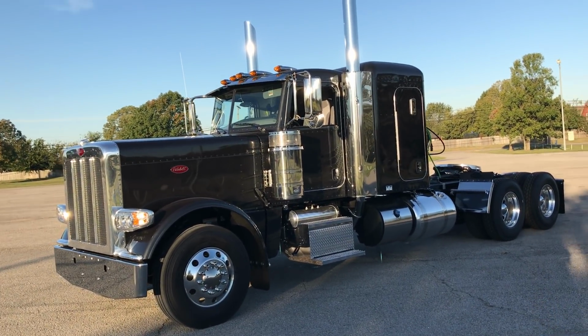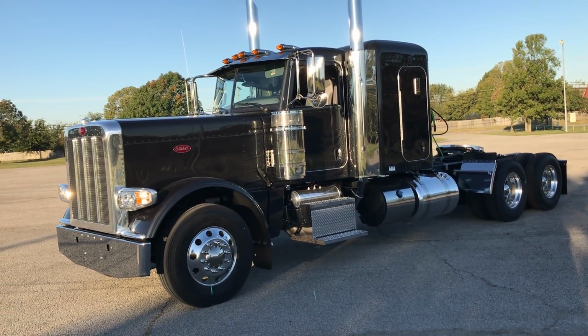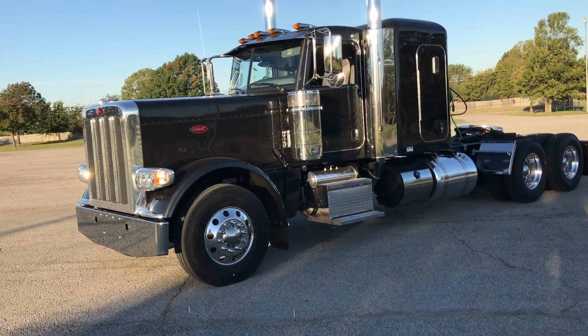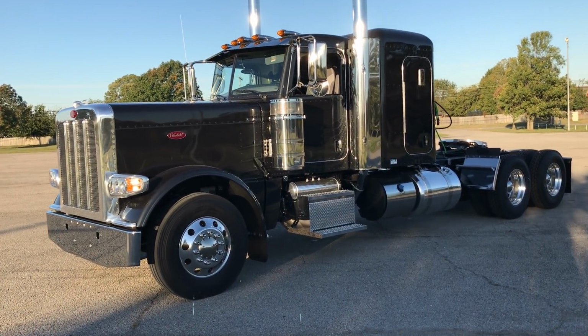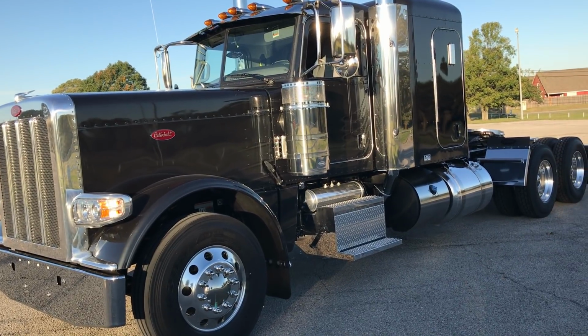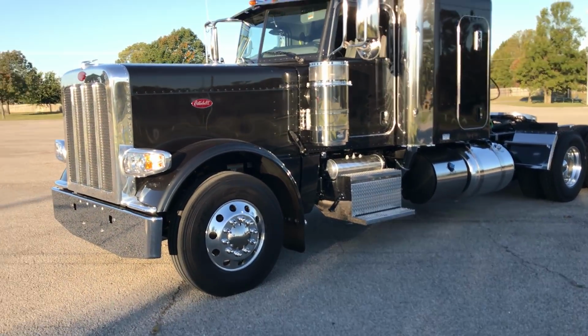Hey, good morning. We're going to look at something a little different, but something that I keep in stock and we sell a few of throughout the year. This is a 2018 Peterbilt 389, 260-inch wheelbase. This truck in particular has an extremely lightweight